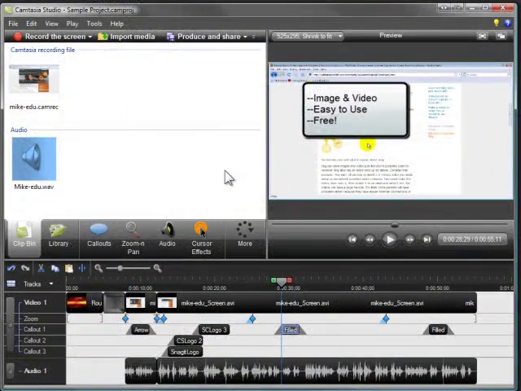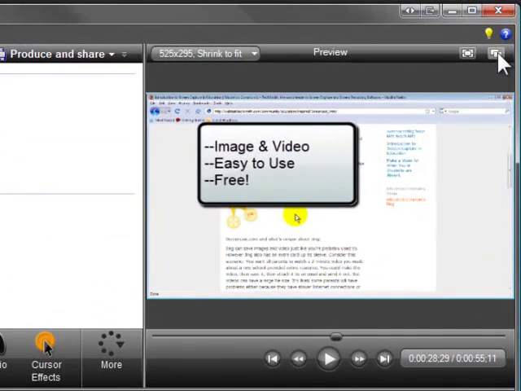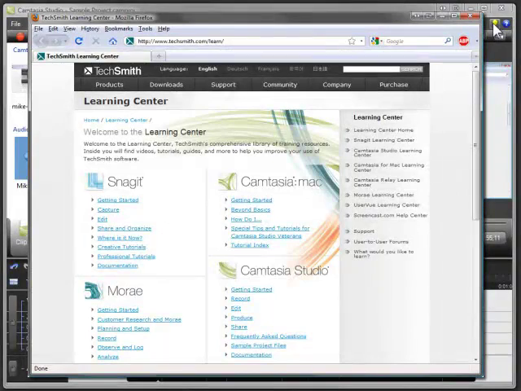Well, it's time for you to try Camtasia Studio out for yourself using the content on the timeline. The help file in Camtasia Studio will help you use each of the Camtasia Studio features and applications. The Learning Center on TechSmith.com has in-depth video tutorials and other sample projects to